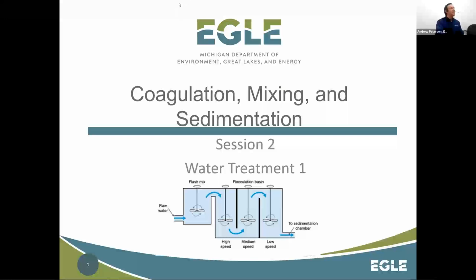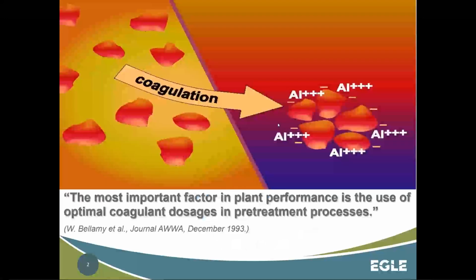Thanks. No problem. I think we're ready to jump in, and I'm going to turn off my video. I think this is a great quote to start the presentation off. It says, "The most important factor in plant performance is the use of the optimal coagulant dosages in the pretreatment process." This is from the AWWA, and I think it's important to realize at the beginning of this presentation that